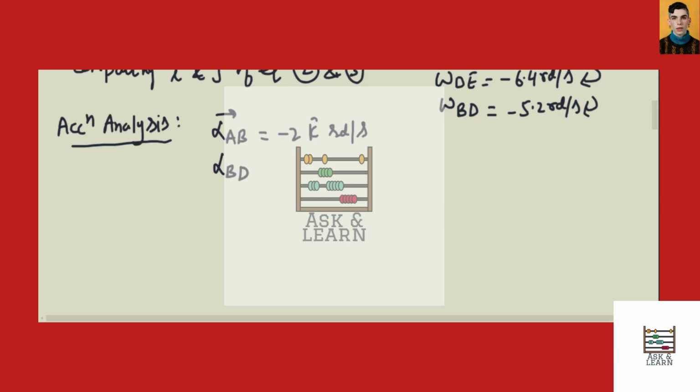Alpha BD we are assuming as alpha BD k cap, and alpha DE we are assuming as alpha DE k cap, which we have to find. For bar AB,